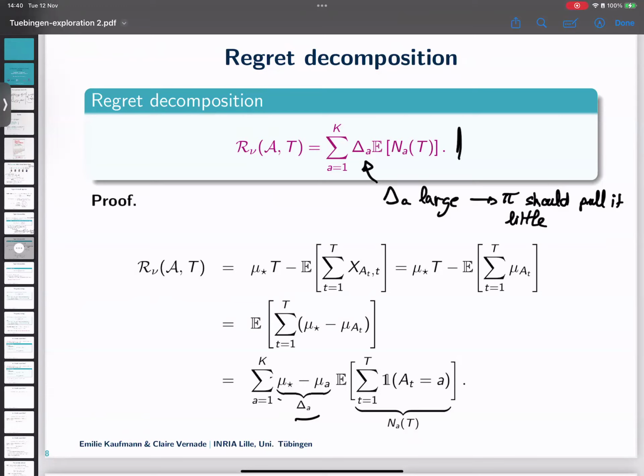It introduces this notion of cost of exploration through the gaps, but it also allows me to measure the speed at which I will converge to the best strategy, which is to always pull the best arm, by how much I will pay before I reach a regime where I pull the best arm most of the time and I accumulate a reward that is actually something like mu star t. And so how long does it take me to get there?